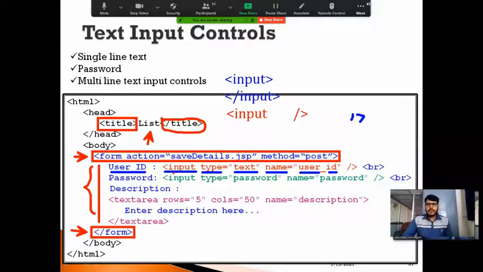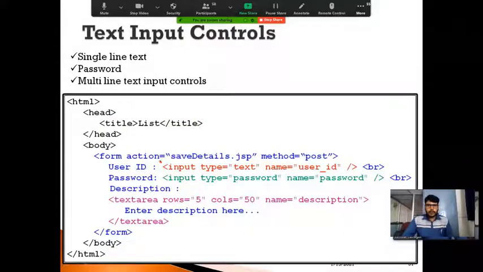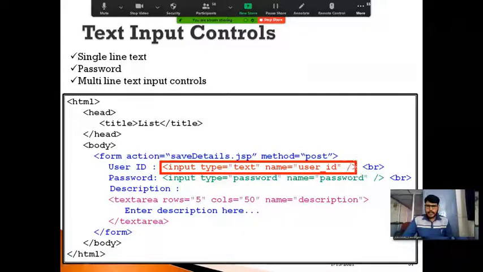But if you observe this input tag, it is opening there itself and it has been closed there itself. We are not defining an opening tag and a closing tag separately here.